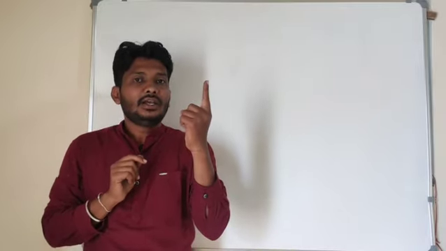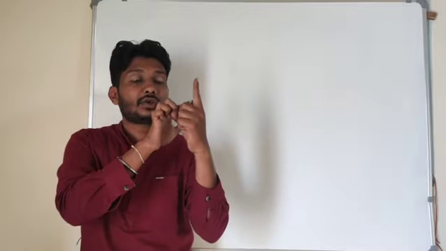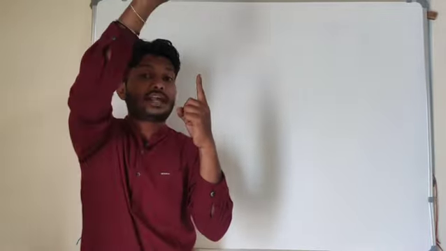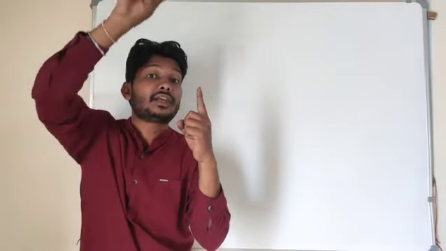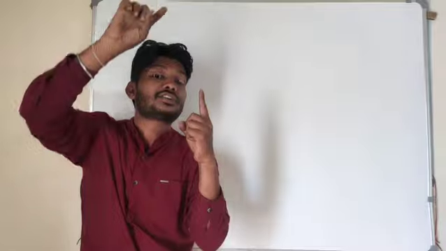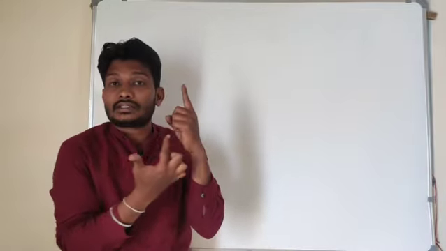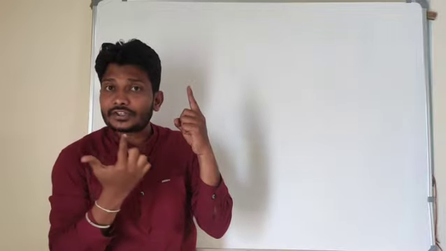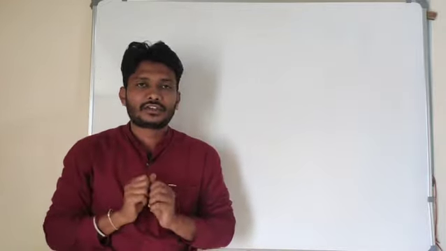For example, if you are moving that screw in an anti-clockwise direction, the screw is moving upward, in the forward direction. If it is moving in the forward direction, that is the direction of the current. Forward or upward direction represents the direction of the current, whereas the rotation you are supplying represents the direction of the magnetic field. Hope you understand that.